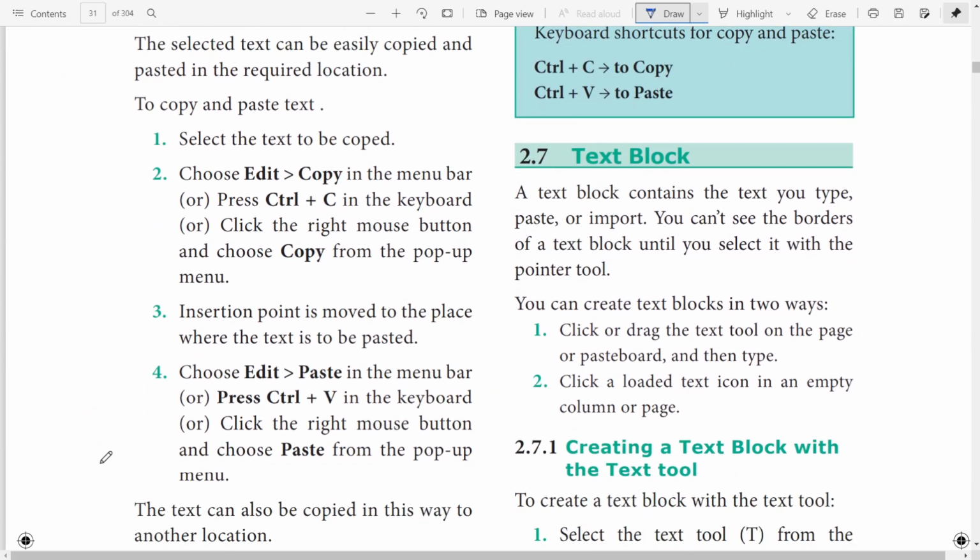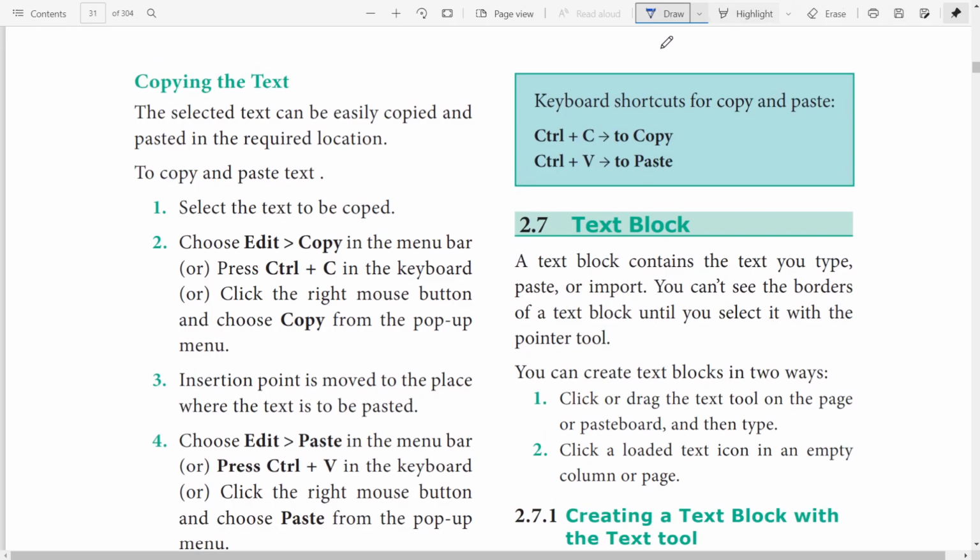Next, copying the text. They are given here. Selected text can be copied using three operations: edit copy, control C copy, or right click button. Edit paste, control V, right mouse button.